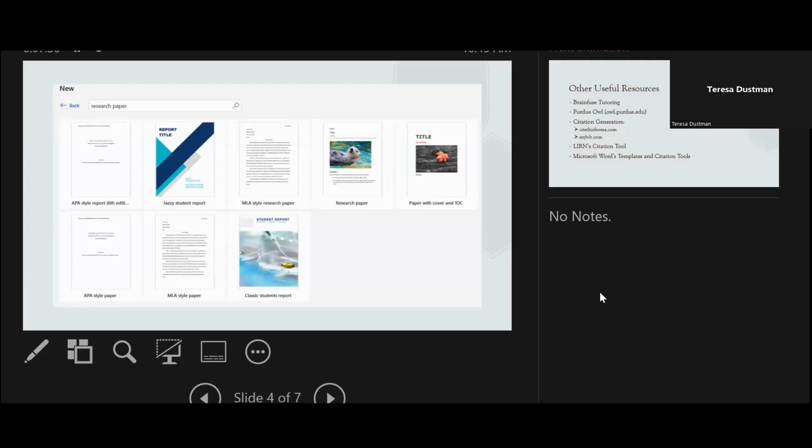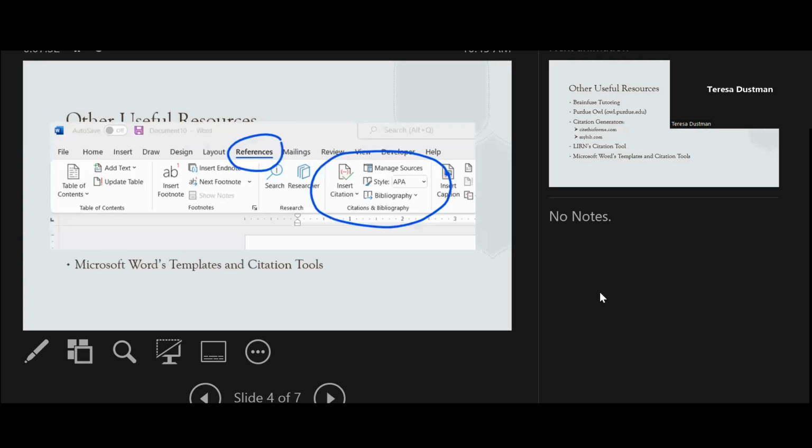And then another one, I will say this one's a little bit outdated, but the references tab on Word, if you look under just references, sort of in the middle, you'll see where you go to insert a citation. There's different styles. You can change it from APA to MLA. And it will actually already create your bibliography for you too. They don't have the most updated version of APA, but they do have some good starting points. Like I said, a lot of these are starting points, and then you just have to make sure they're doing the work to check from there.